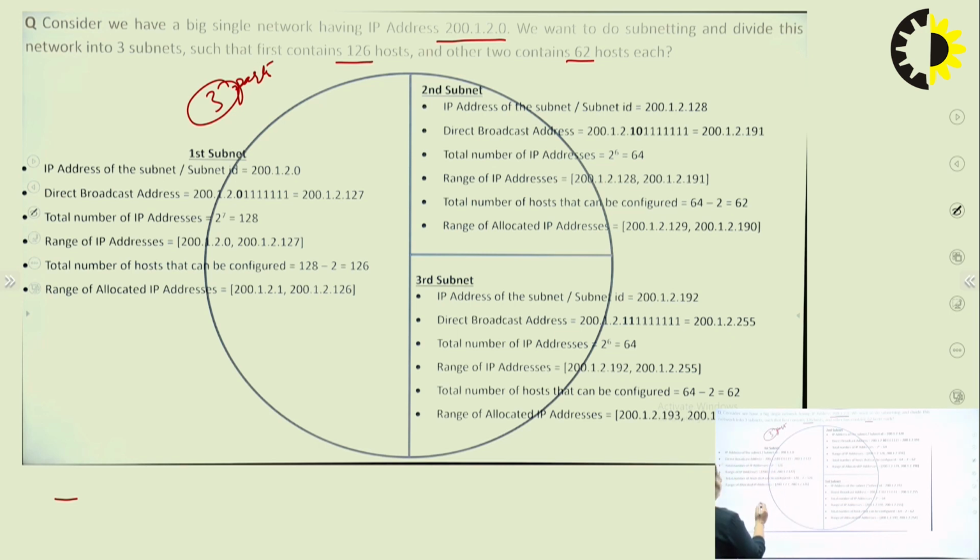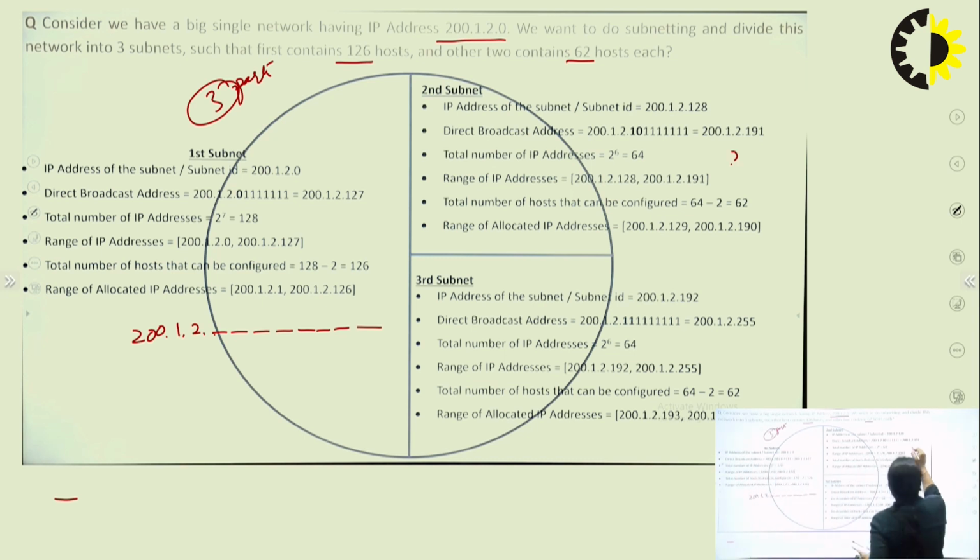So what you have to do here: 200.1.2. and then the rest of the bits, 8 bits, 1 2 3 4 5 6 7 8. Again here also 200.1.2. 1 2 3 4 5 6 7 8. Again for the third subnet,